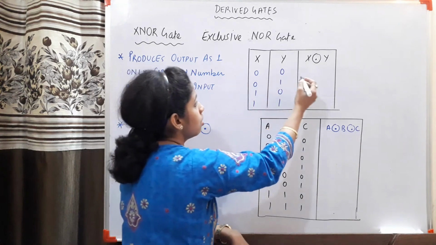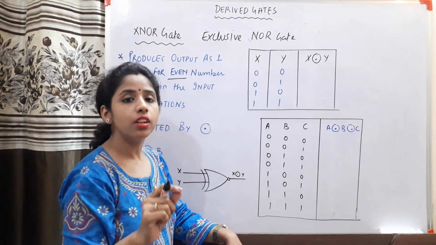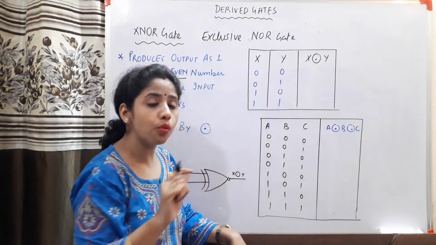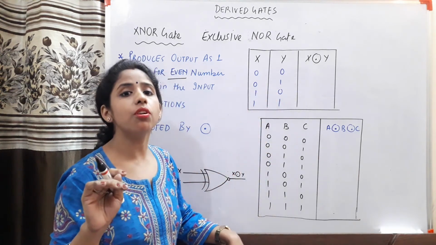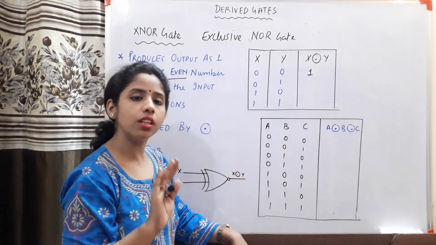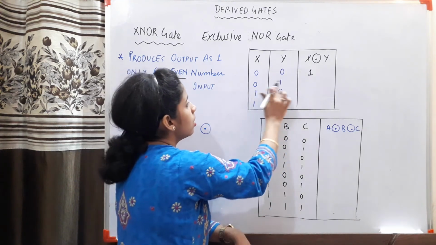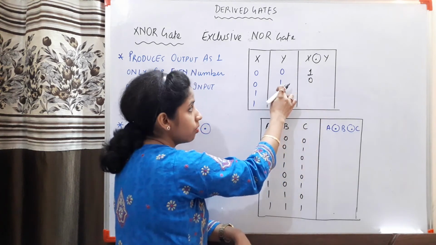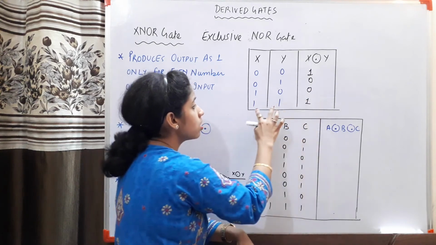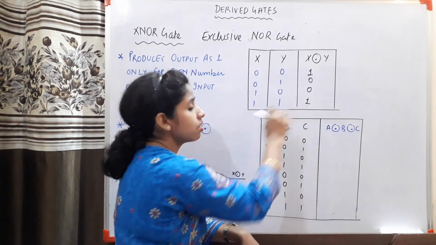So if this is the truth table, then you have to find even number of ones in order to give the output as 1. Okay, so here you can see there is no 1, and 0 number of ones is considered to be even. So here you will get the answer as 1. There is no 1 in it, so 0 number of ones, so 0 is also considered even. So that is why here the answer will be 1. But here the answer will be 0 because there are odd number of ones. Here the answer will be 0. Again there are odd number of ones. But here the answer will be 1 because there are even number of ones. Here there are 2 ones and 2 is even, so here the answer will be 1.